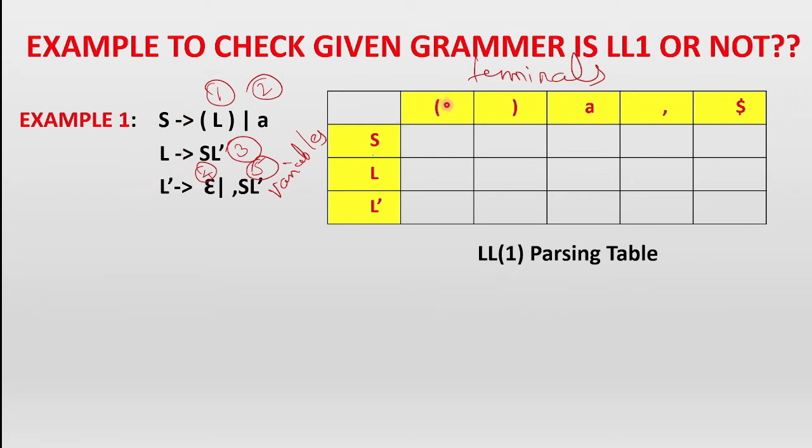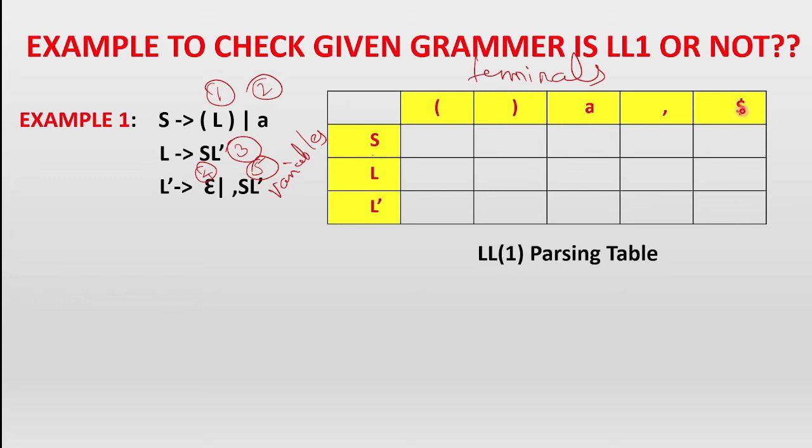Now columns will be terminals, all the terminals. So how many terminals are there other than the capital letters? Anything other than that is called a terminal. So you can see this opening braces, that is a terminal. Closing braces is also a terminal. Small a is another terminal. Then you can see comma. Comma is also a terminal. So terminals will always come on the right hand side of the productions. They will never be there on the left hand side. So on the right hand side, all these terminals are there: opening parenthesis, closing parenthesis, small a, comma, and dollar, which indicates the end of the string.